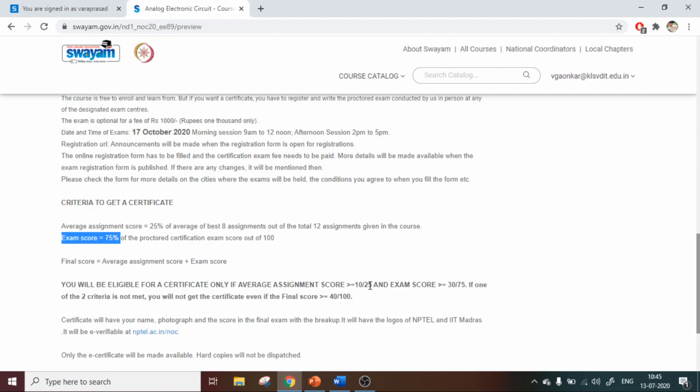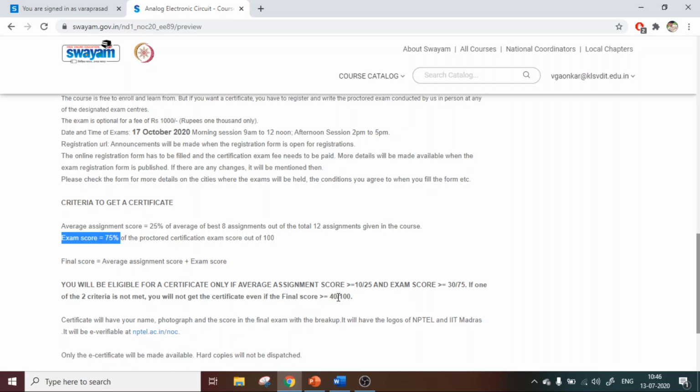In the online assignment for 25 marks you should get a minimum of 10 marks, and in the online examination for 75 marks you should get a minimum of 30 marks. So in total you should get 40 marks, 10 marks from the assignment and 30 marks from the online examination. If you get 10 plus 30, 40 marks, then you will get a certificate.